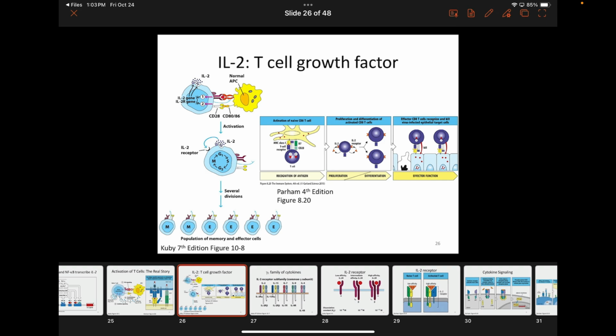You can see our cell is activated. It does some divisions, makes a bunch of progeny. Those progeny are different because they have these letters in them that they didn't have before. So these cells have been activated. And what you can also notice is that the T cell can make IL-2 and basically feed it to itself. It makes cytokine that it then gives itself. And so that T cell can make IL-2 and then signal back to itself to induce proliferation and activation. That is known as an autocrine